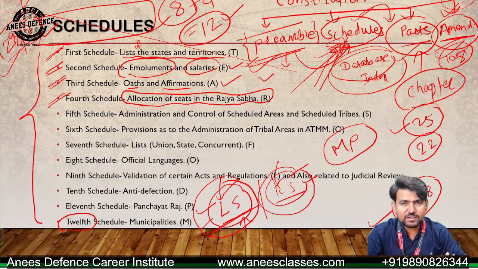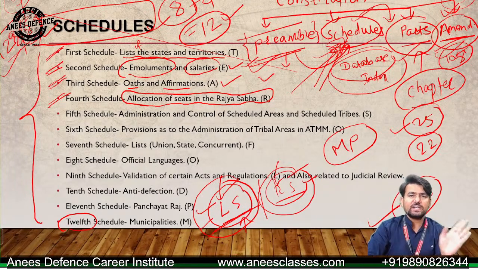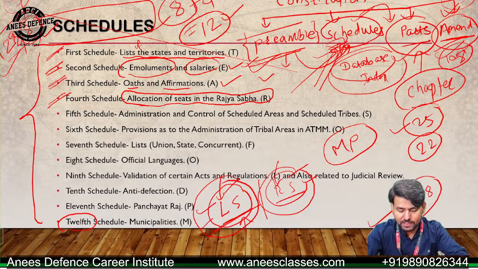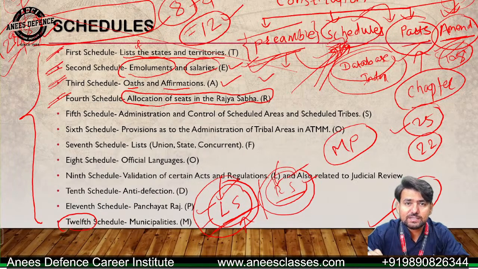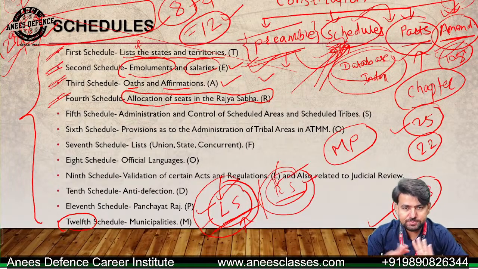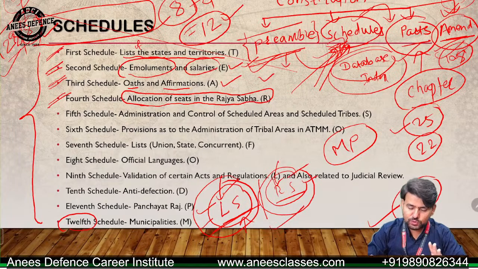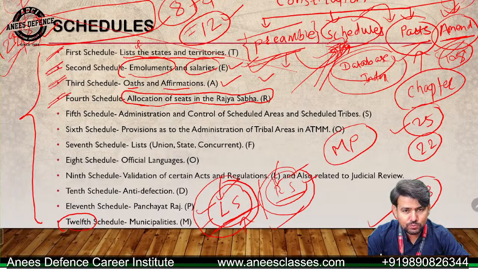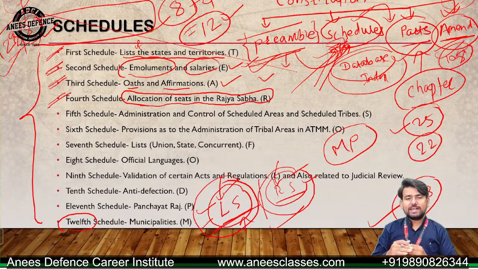So this has to be very crystal clear that the members of Lok Sabha are directly elected by the people, and the members of Rajya Sabha are indirectly elected by the people, or you can say they are elected by the state legislative assemblies, right? And that's why we can say they represent the states, as the name itself suggests. All right. So this was basic, important things which you have to understand in order to know more about the schedule number 4. Now there might be a question in your mind that